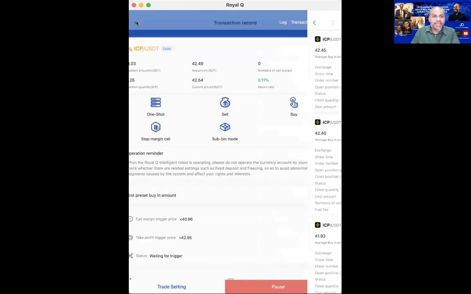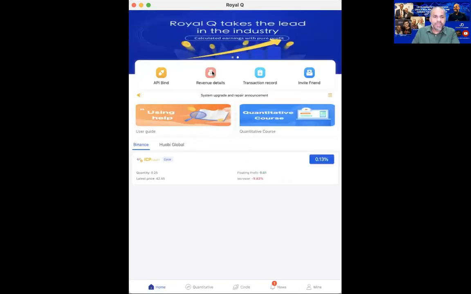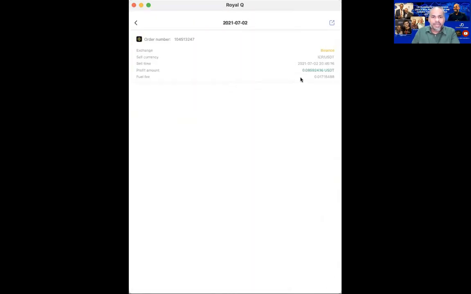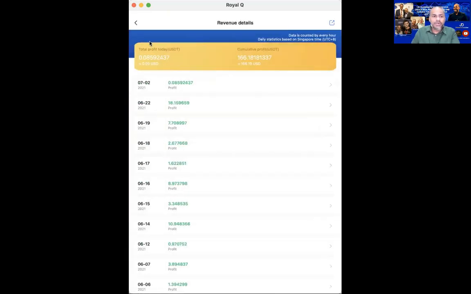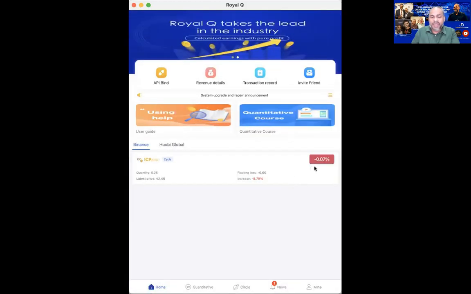If I get back into my revenue, I can check here. This is my first trade for today, for this account. I just made about 0.0085 USDT for this trade. Can you see that? You can actually look into the detail, and I have already made the profit. But after making that profit, you can see that my robot is continuing,